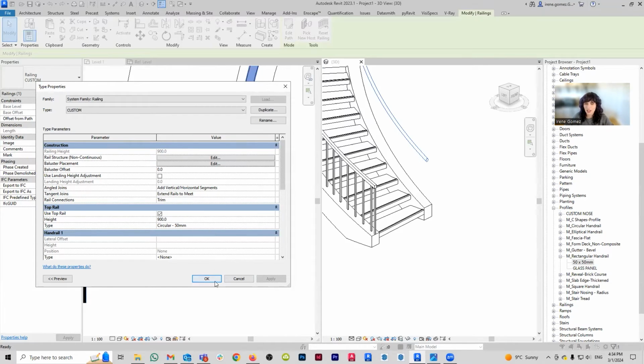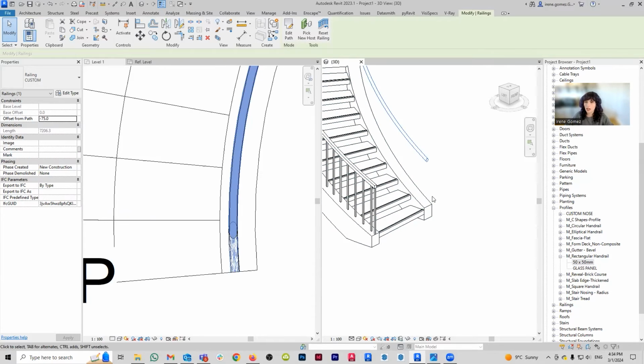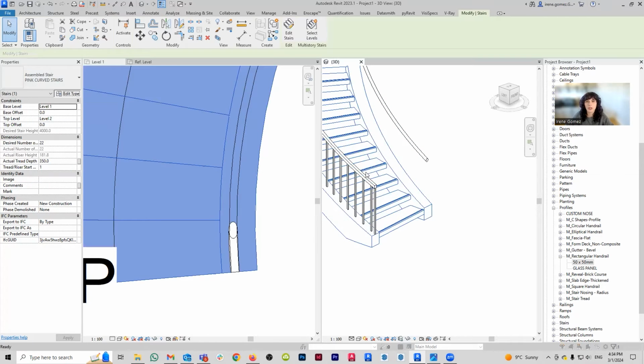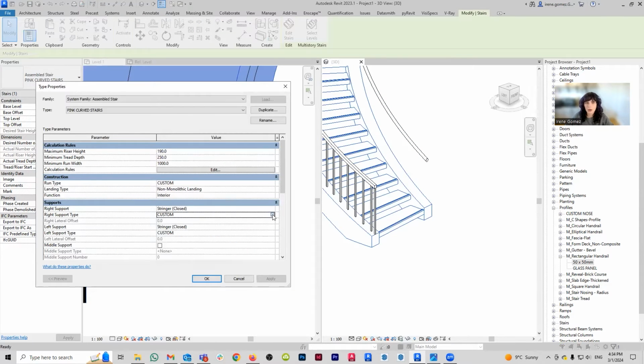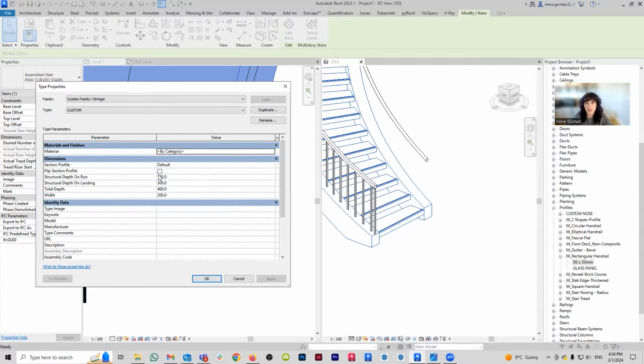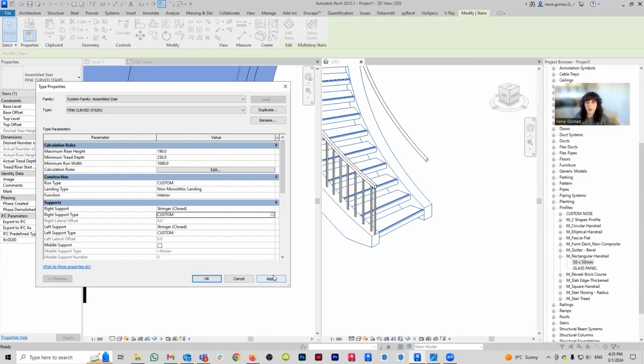So what I can do here is select my stringer. If I go to edit type, if you remember, we created our custom profile that had these custom dimensions. So basically I can create a custom profile with a custom shape that will have both the base and the glass element. What I want to do here is pick up two dimensions: the width and the depth, which is basically the height. Total depth. Yes, it is 200 width by 400 depth. So I'm going to go here, okay, okay.